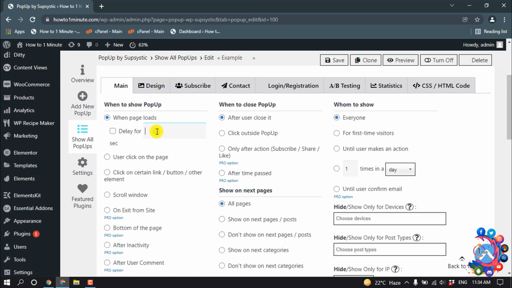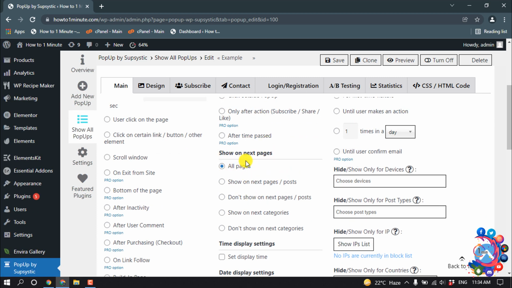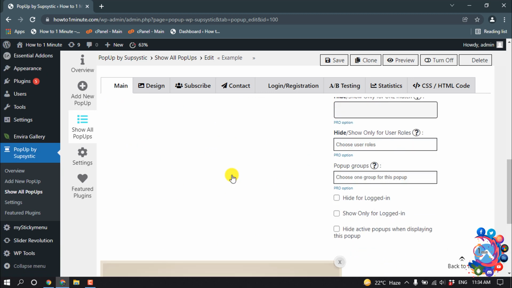Now I'm going to select here 5 seconds, and for who to show, select Everyone. For when to close the pop-up, after the user closes it, show on next pages. I'm going to select all pages and